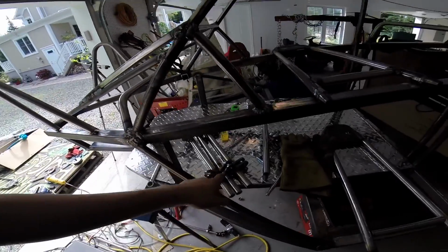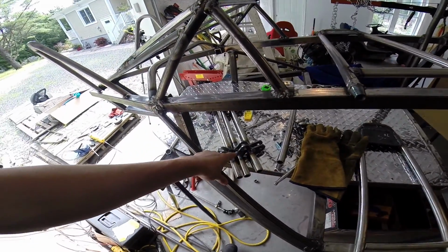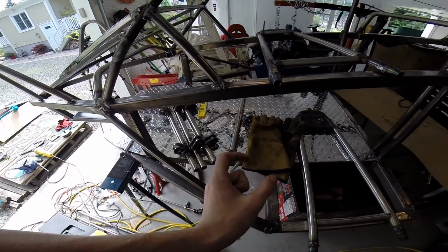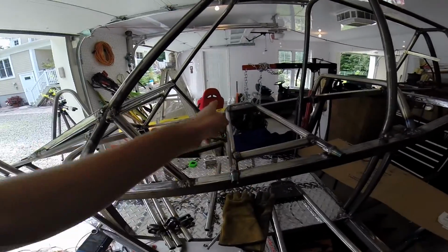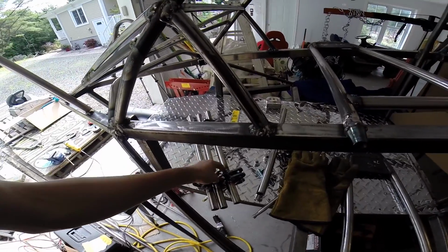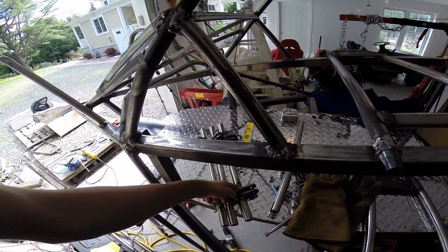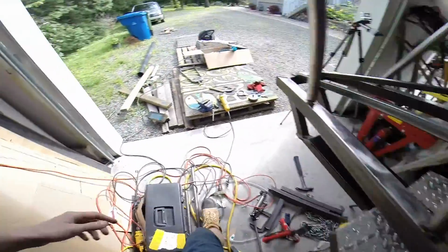Made some mistakes. I shouldn't have made these before I put these braces in, because after I put them in, the metal warped, and well, the whole bar warped, and it kind of squeezed it a little. I might not scrap these. I'm gonna try to sand the inside. I already had to sand the inside because they warped when I did them, and to compensate, I fabricated